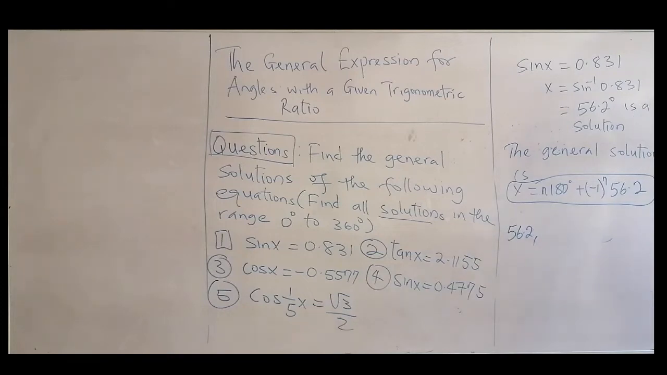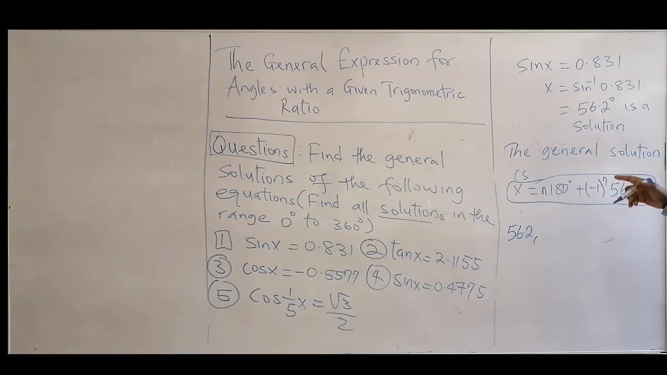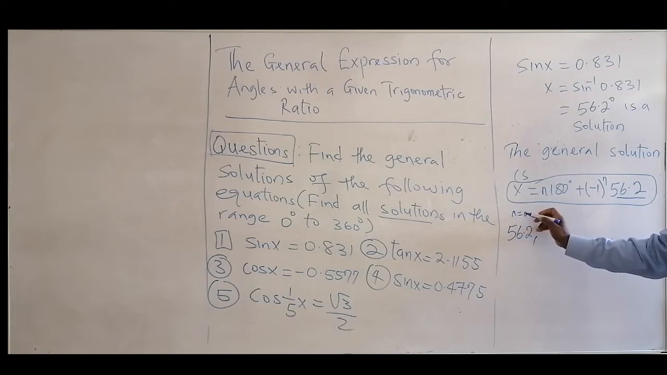56.2. That's 1. When your n is 2, try that. Your n is 2, this will be 360, and this will be minus 1 to power 1. Okay, minus 1 to power 1. When n is 0, we have 56.2, this one. N is 1,